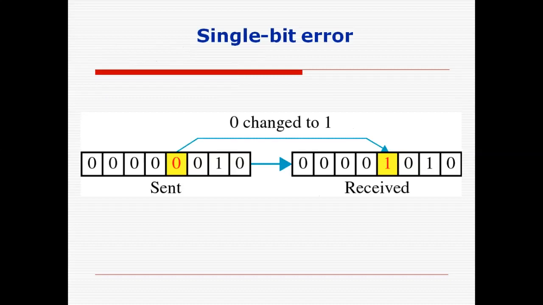So this particular slide shows that we have sent this data, but meanwhile during transmission, this single bit position is converted into one. Means we have sent this data that is equivalent to 2, and we transfer that one. So something else has been received by the receiver. Now how will the receiver identify that this is not the exact data sent by the sender? For that purpose, we use the error detection techniques.